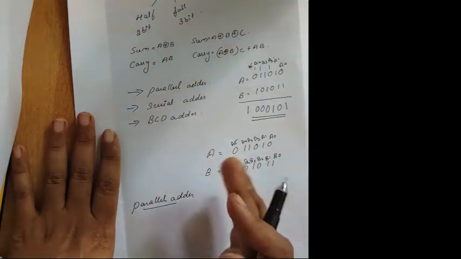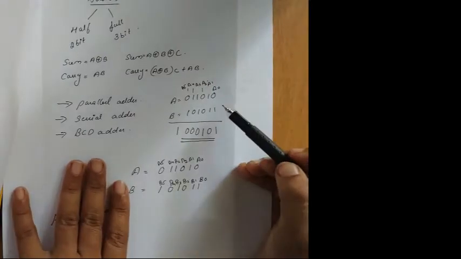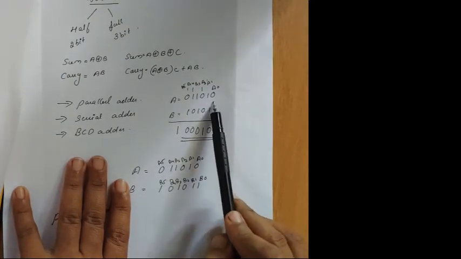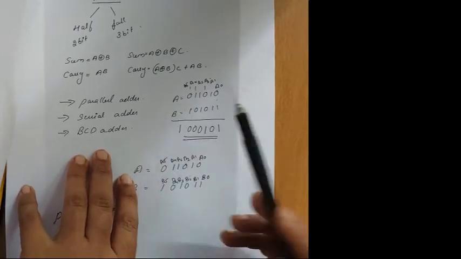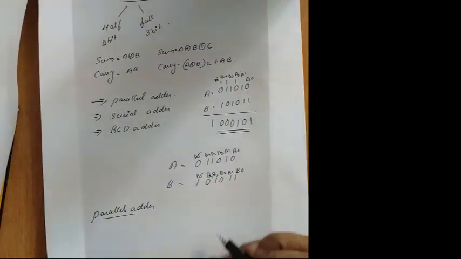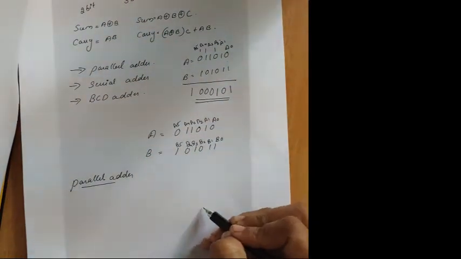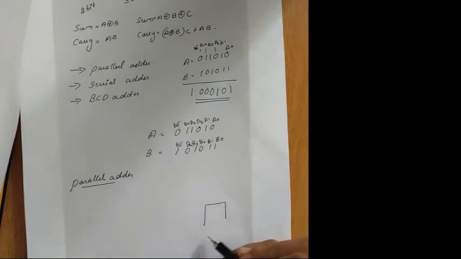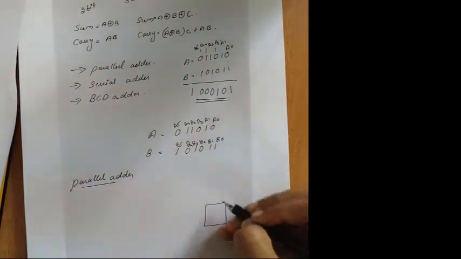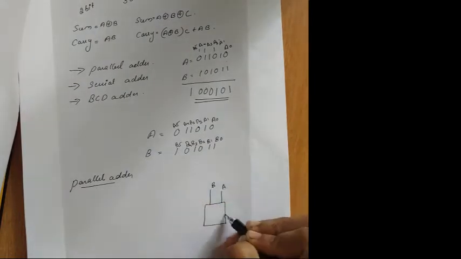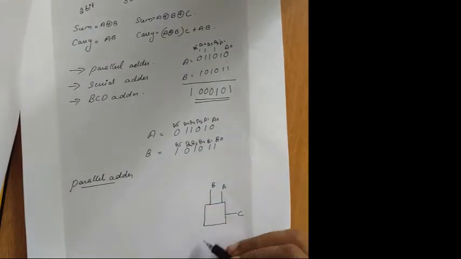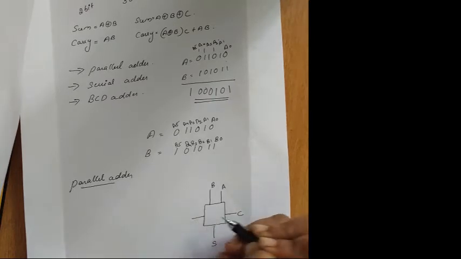That is the parallel adder. As we do when writing, you are adding the data from right to left, isn't it? From right to left. So you can give the expression. You're using a 3-bit data full adder. Your full adder consists of A, B and C. You have 3 inputs, and sum is your output and carry is your another output. This is a full adder.